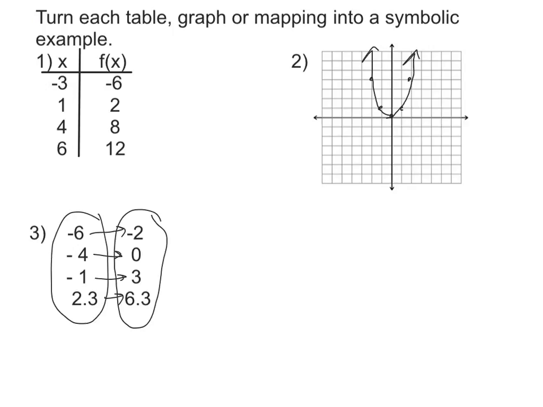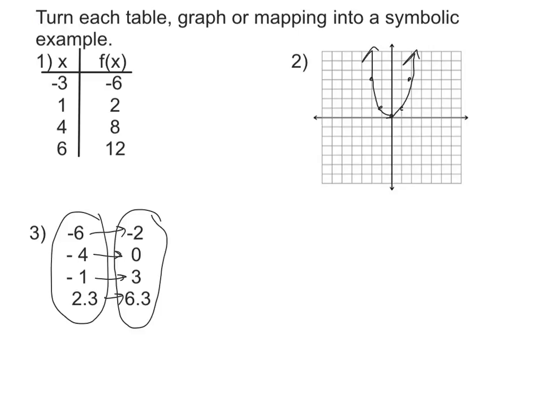What do I have to do to -3 to get -6? Same thing for the next ones. What do I have to do to my input 1 to get an output of 2? Or an input of 4 to get an output of 8? Or an input of 6 to get an output of 12? So whatever the rule is has to apply to all of these inputs to get the output, which is f